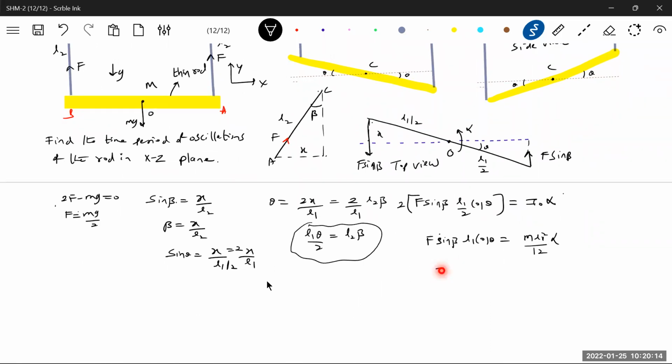What is F? F should be equal to mg sine beta. Beta will be L1 theta by 2L2, into L1 cos theta equal to m L1 square by 12 into alpha. L1 square gets eliminated. So all together, alpha will be